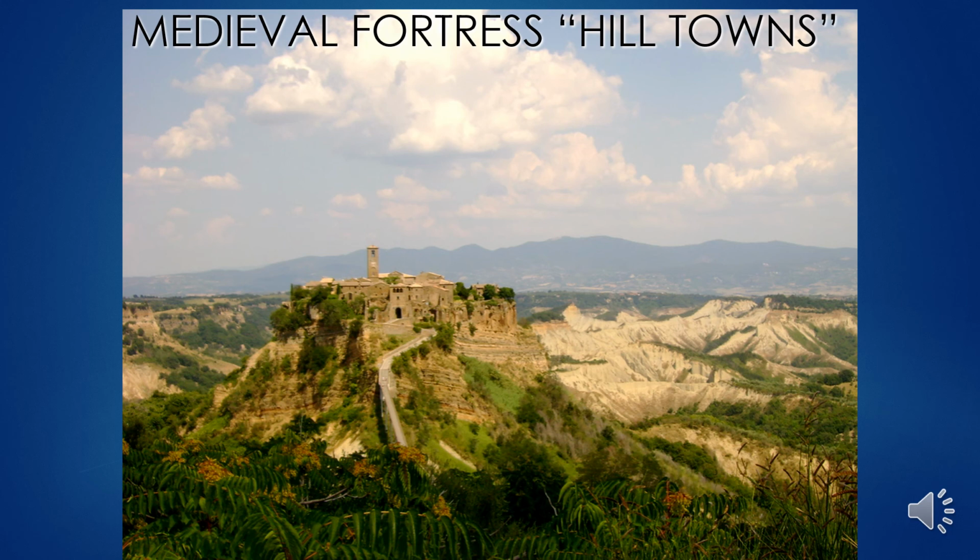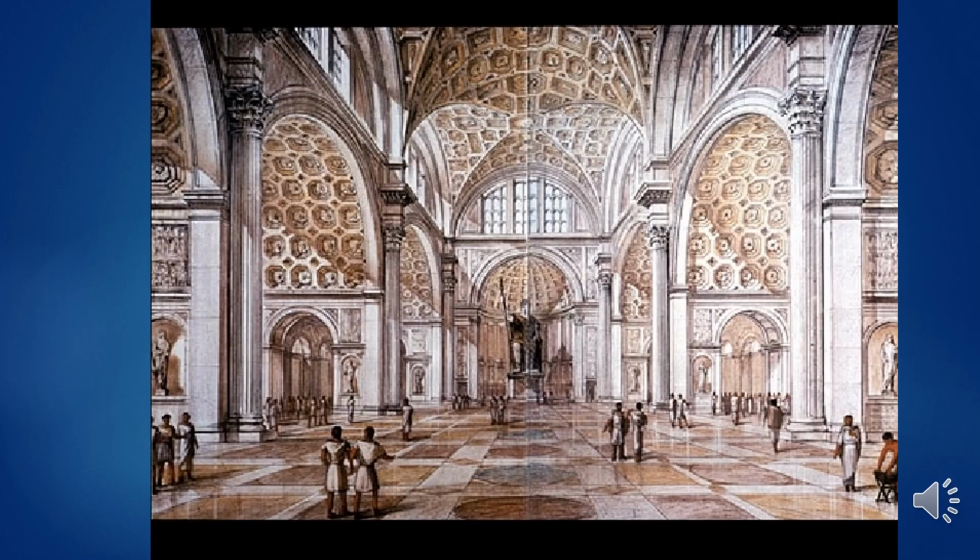During this time period then of unrest and uncertainty, we see the reemergence of this kind of defensive architecture, which is called a fortress. And notice it's located on a high location so that they can see any kind of invading forces coming toward them, with a small access point into the town and also defensive walls built around it.